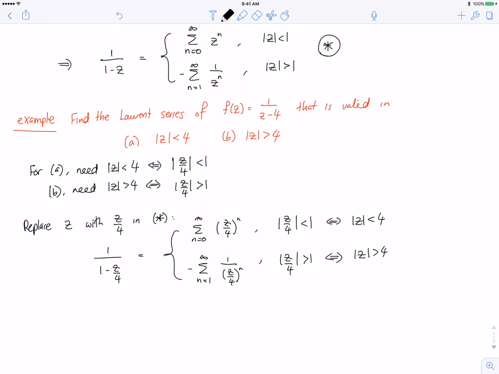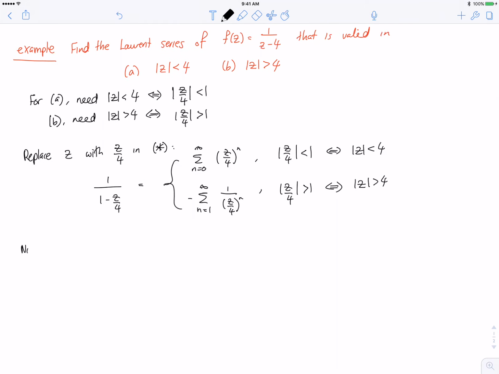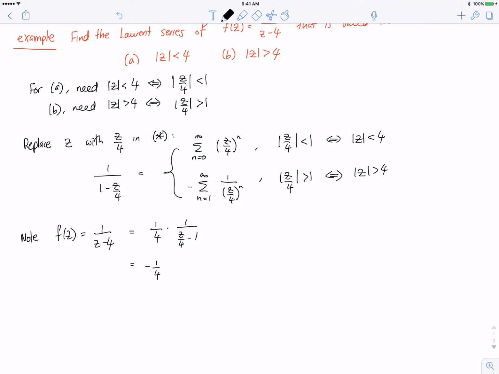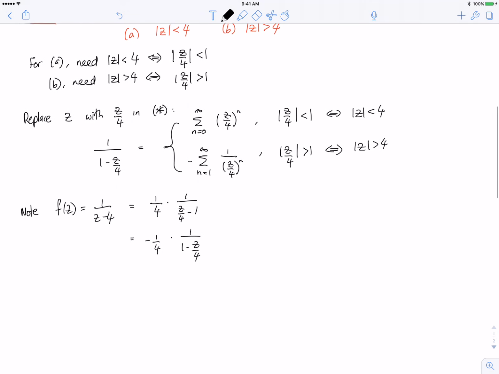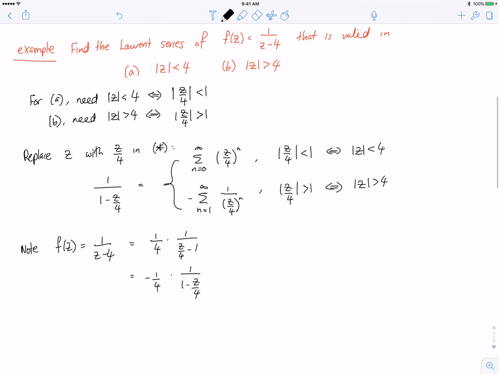So, if you think about it, the function f of z, which is 1 on z minus 4, well, this can be written as, if I take out a factor of a quarter, z on 4 minus 1 on the denominator. So if I take out another factor of negative 1, so negative quarter, then this will become 1 minus z on 4. And as you can see, I already have the power series expansion for 1 over 1 minus z on 4. So this one is just going to equal